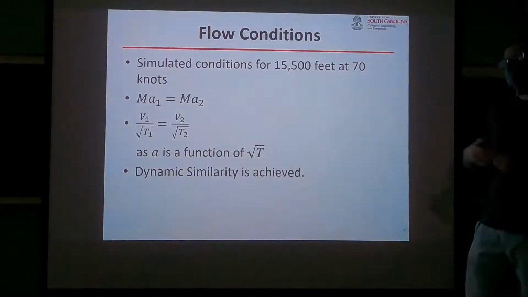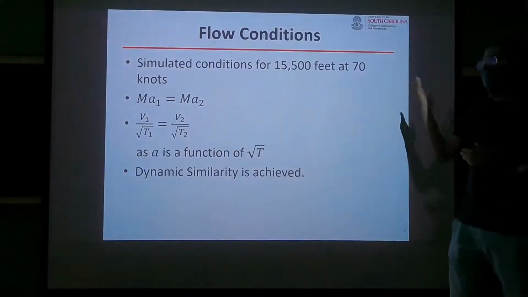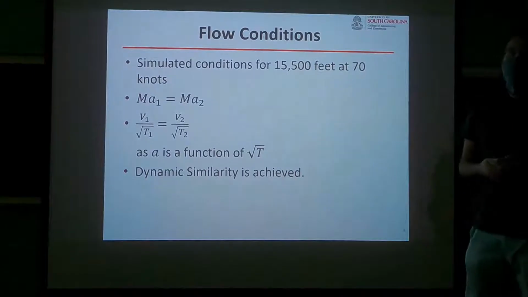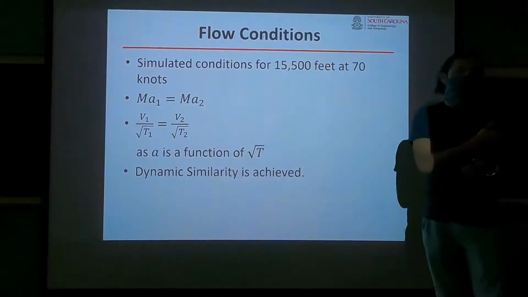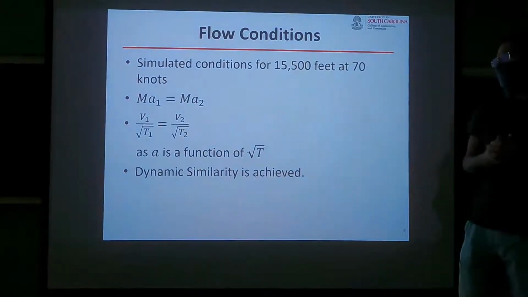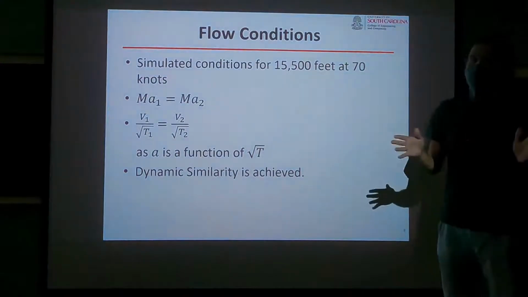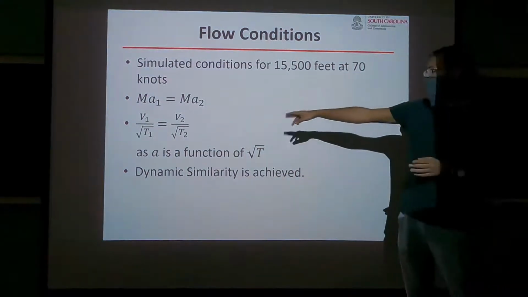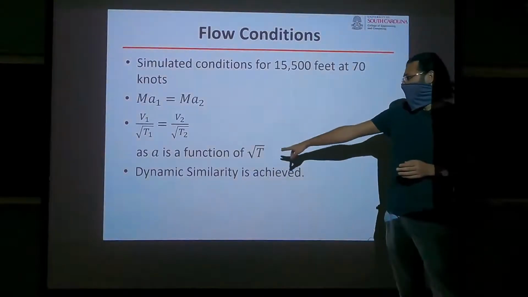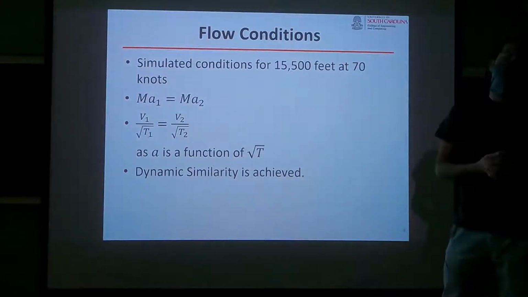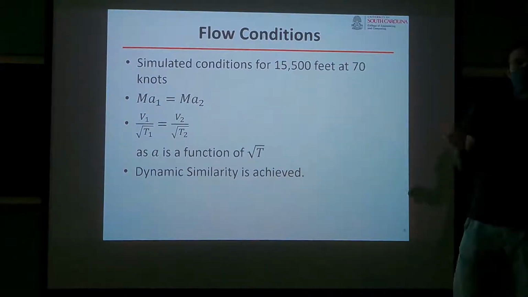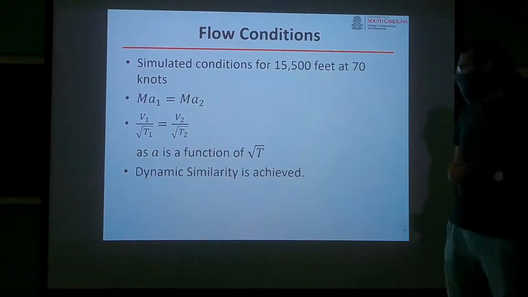So the Beechcraft cruises at around 160 to 165 knots, which is like 20,000 feet per minute, and the absolute limit of the wind tunnel is like 19,000. We don't want to push that. So 70 knots is about, roughly speaking, when you find the similarity, your velocity of the wind tunnel comes out to be 8,000 feet per minute, which was still pretty high when you turn on the wind tunnel, but it's okay.